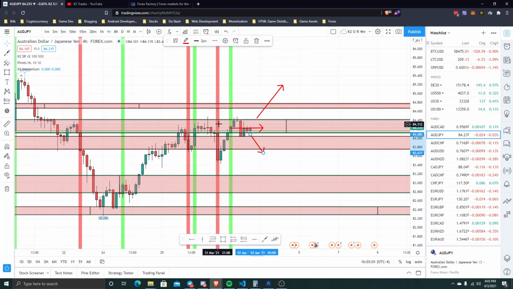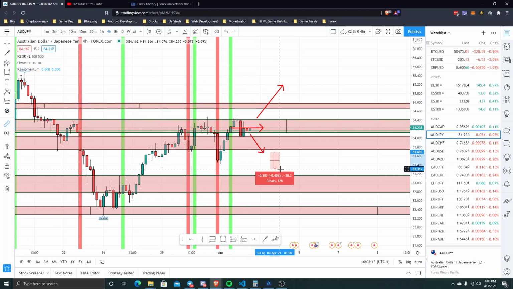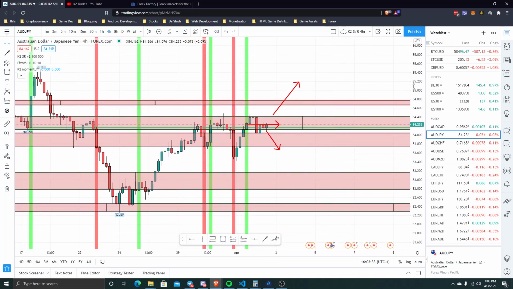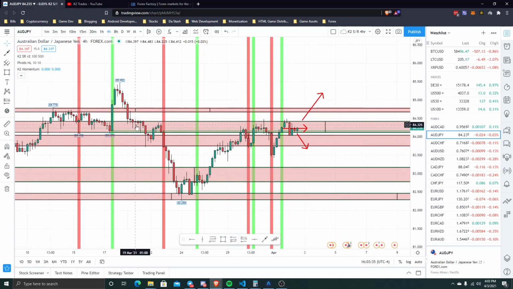Now if we get a bearish bias within the next couple of candles, then I may take a trade down here for a small scalp. I probably can get maybe 50 pips. But we have to wait and see if a candle will break below here and I get a bearish bias on the next couple candles that it prints out. But as you can see here,